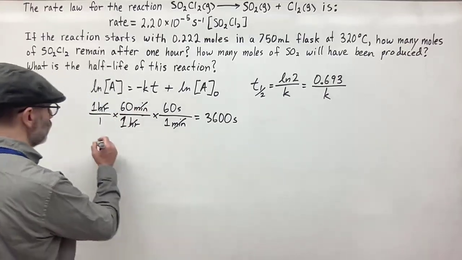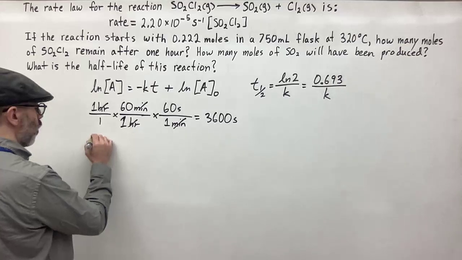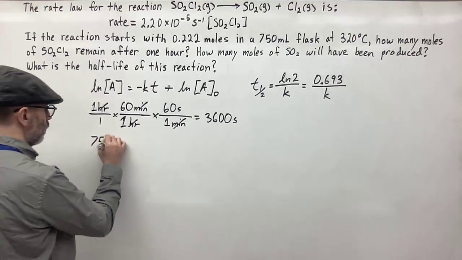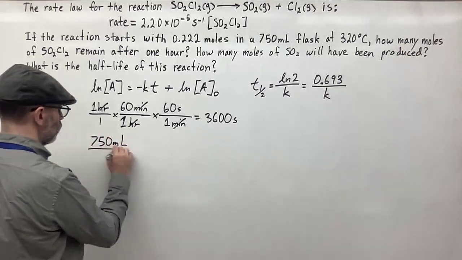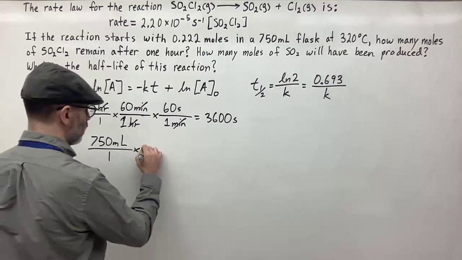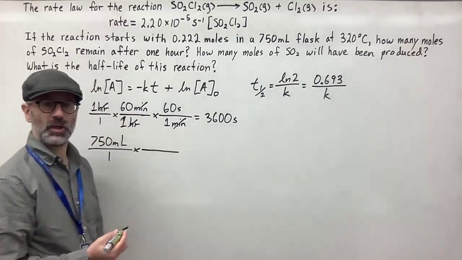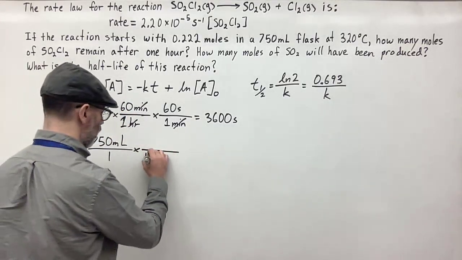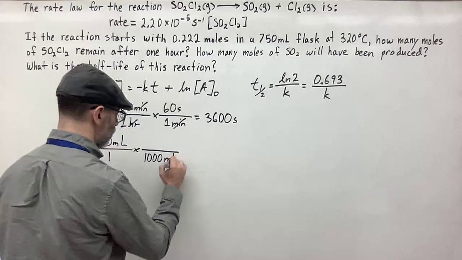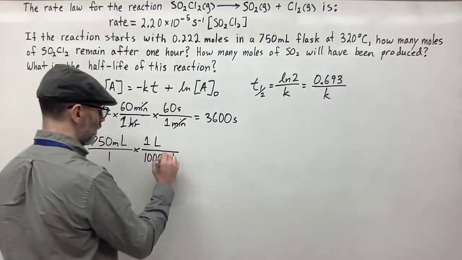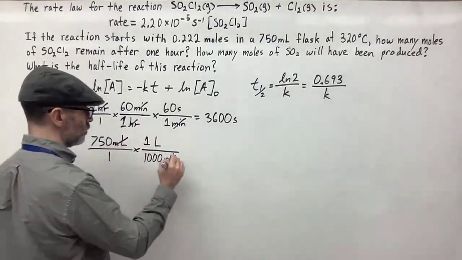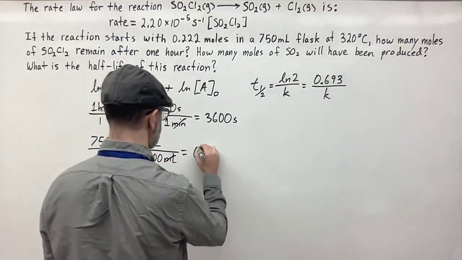So we can change the volume, 750 milliliters, to liters. We know that there are 1,000 milliliters in a liter, so we'll put 1,000 milliliters on the bottom, 1 liter on top. Milliliters cancels out, and we have